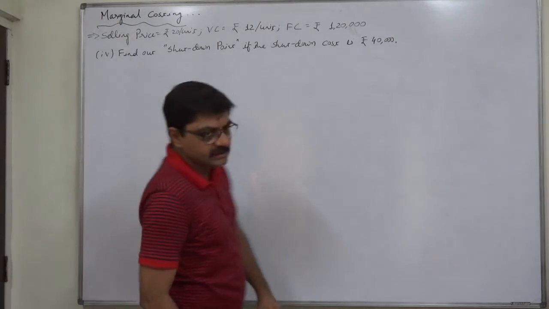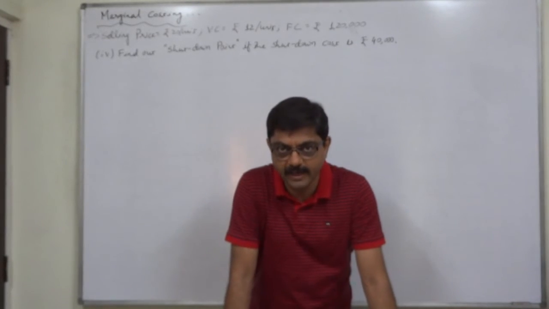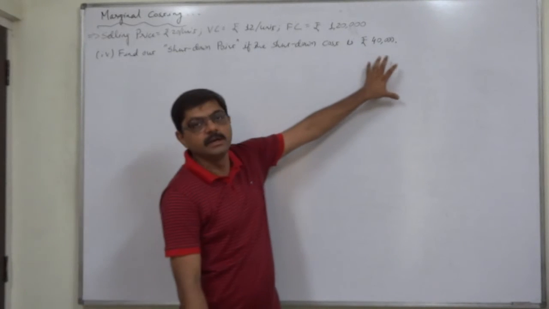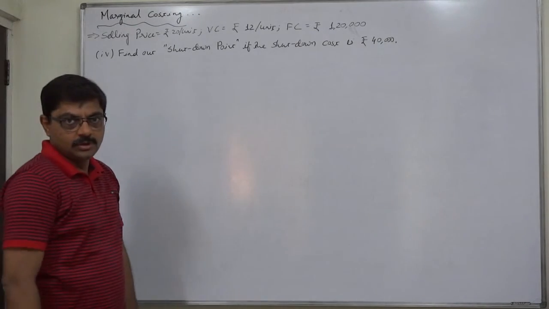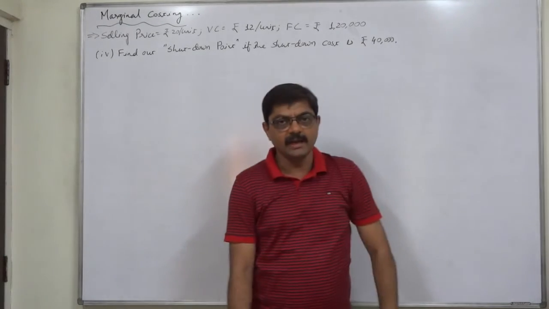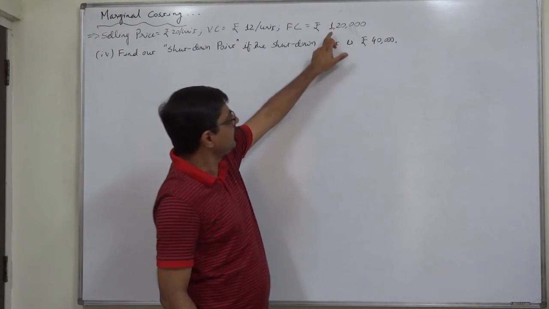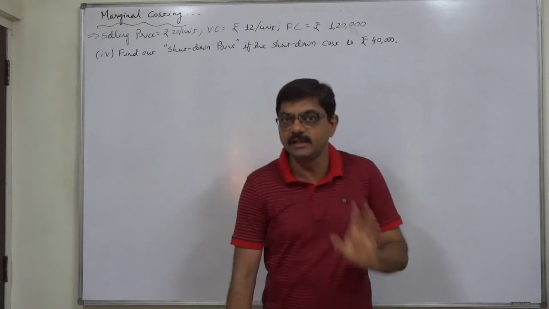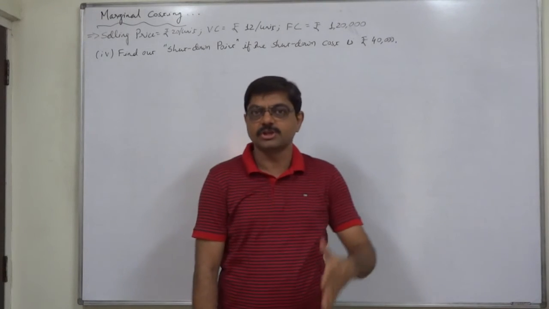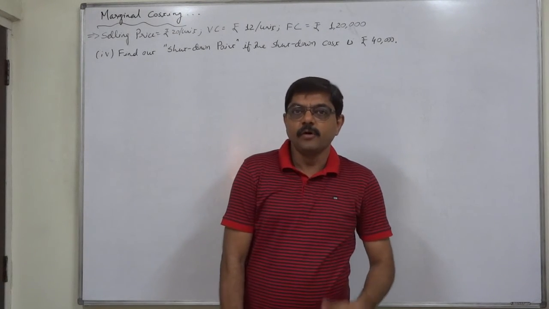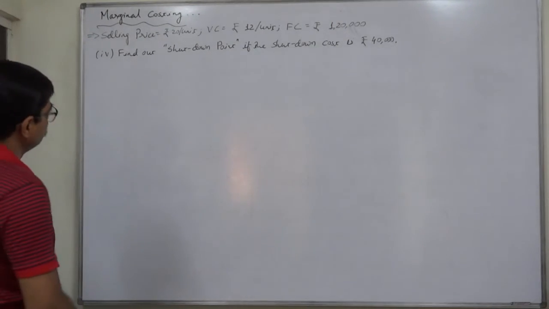And the shutdown cost is, even if the production unit or business unit is shut down for a short period, this much fixed cost will continue to be incurred. That is called shutdown cost. So if in this case fixed cost is 1,20,000 and shutdown cost is 40,000, that means out of 1,20,000, this amount of rupees 40,000 will continue even if the company suspends or shuts down the unit for a short period, say for 1 year. That is unavoidable fixed cost.